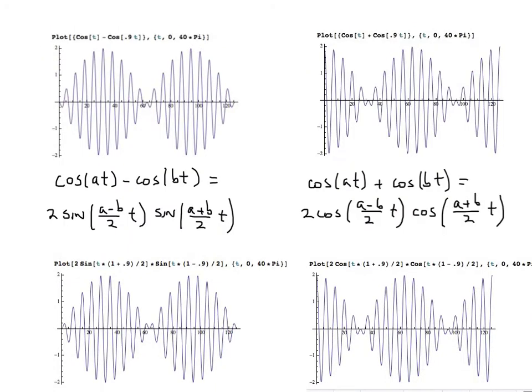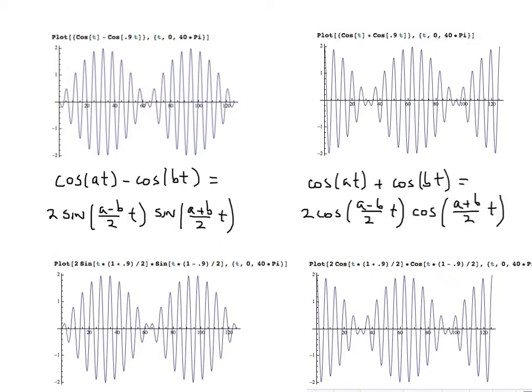Now I just want to focus on the case where we're working with the difference of cosine t and cosine 0.9t, because the beating is very pronounced here. As the two frequencies are closer to each other, it's more pronounced. And so I want to reinforce the fact that when I subtract them, this is the graph we saw in the previous slide,